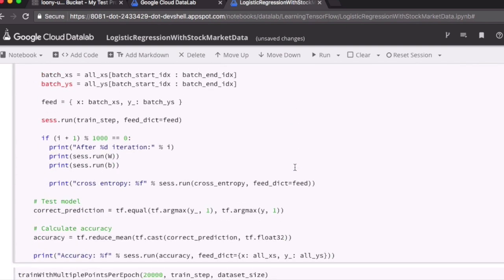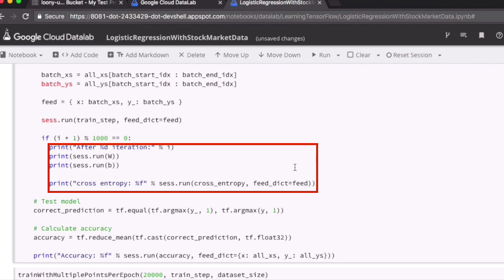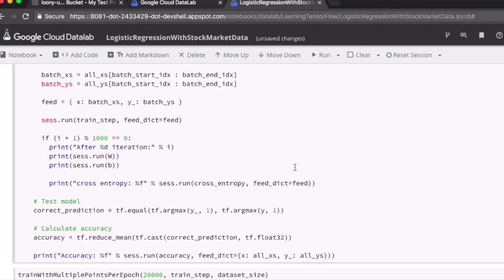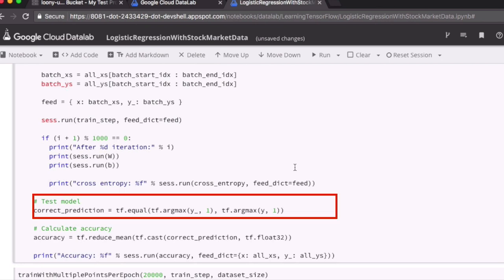And then, in order to see how the model converges, you can print some stuff out to screen, the values of W, B, and the cross entropy. At this point, we have a fully trained logistic regression model. All that is left is for us to see how well this model performs, whether the predicted values of the model match the actual values, and what's the percentage accuracy. Calculating this is a little tricky and it involves the use of a function